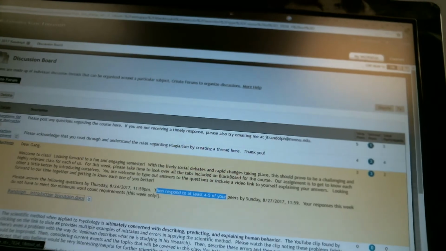Okay, so then those were our discussions. So hopefully, by taking a few minutes to kind of orient yourself to what's on there, it'll make the course easier. If you do have questions, please feel free to email me, and I look forward to getting to know each one of you better, and look forward to a good semester of mutual learning,